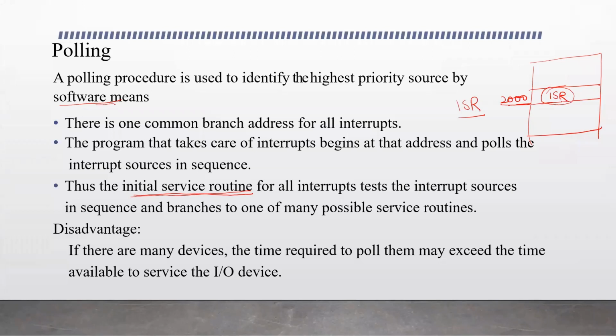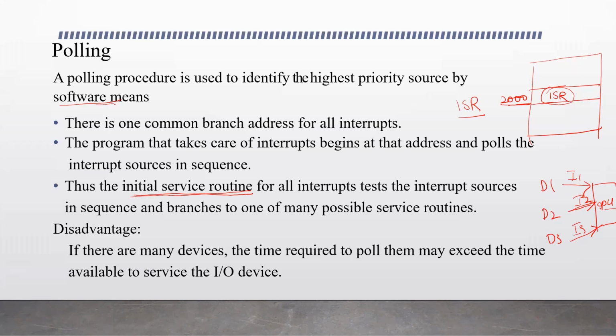These instructions are written in a way to poll the devices. Let's say device 1, device 2, and device 3 send interrupt 1, interrupt 2, and interrupt 3 to the CPU. So the CPU needs to find which device to serve first. Somehow the particular device needs to be identified. Which particular interrupt service routine needs to be executed first?